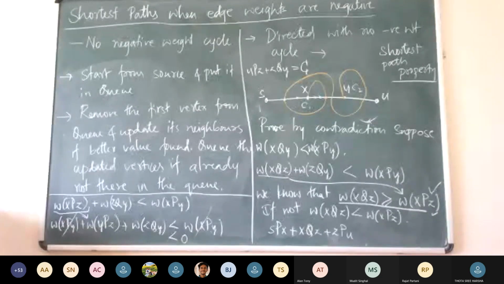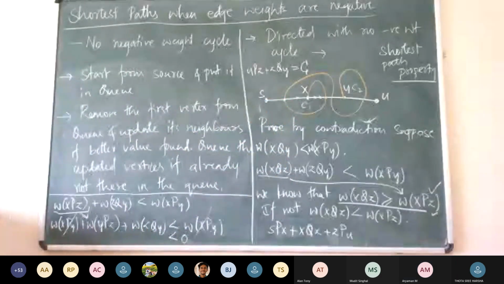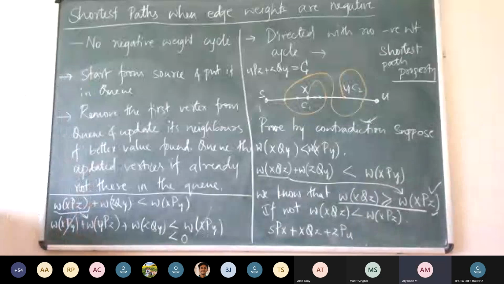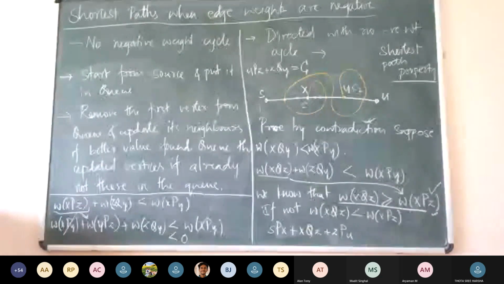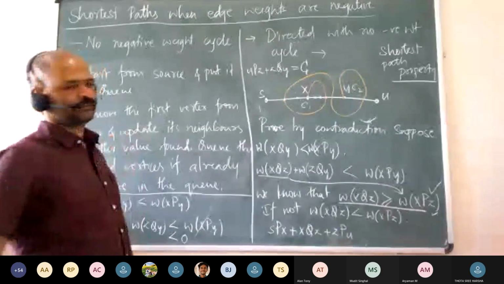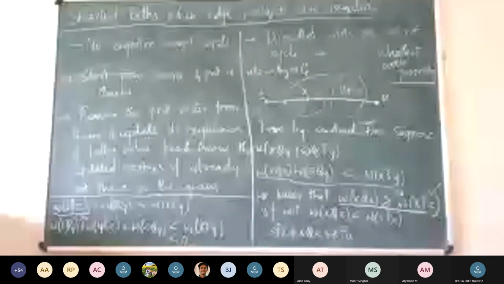Sir, if we offer the same proof for an undirected graph instead of a directed graph, will the same proof hold for the shortest path? It won't work. The problem was single edges, right? If you consider single edge negative weights as negative cycles, it will hold true. That was the problem. So that would mean that there shouldn't be any negative weight edges in the undirected graph. That is what it basically means.